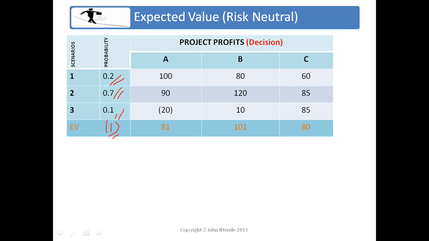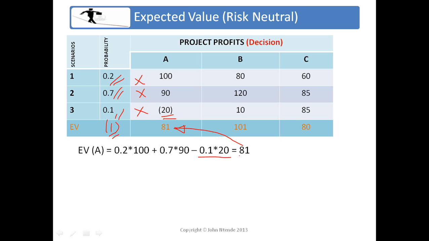So in this case, to get the expected value of project A, I'm going to multiply 0.2 by 100, plus 0.7 by 90, subtract 0.1 by 20, because this 20 is a loss figure, as you can see right here,